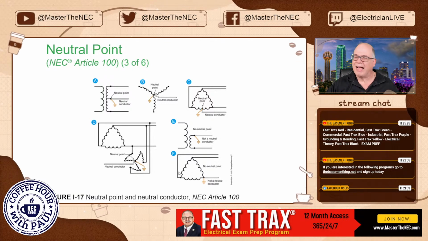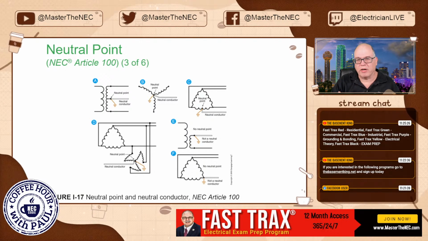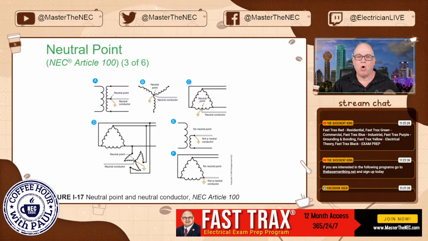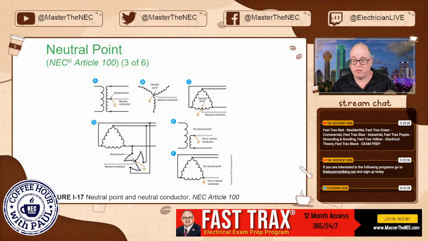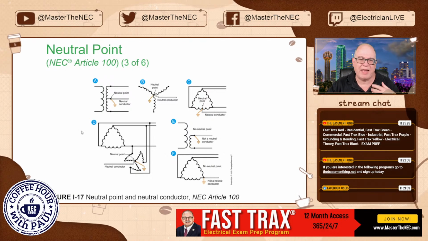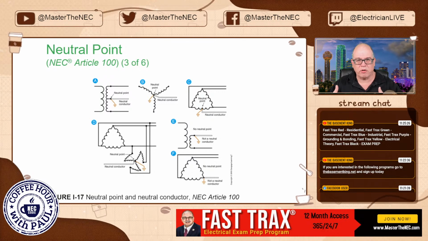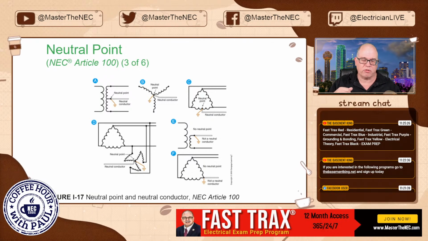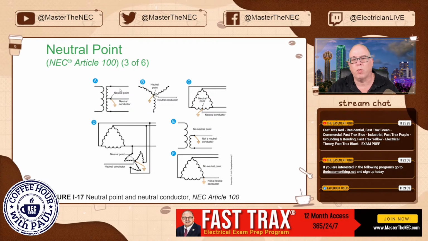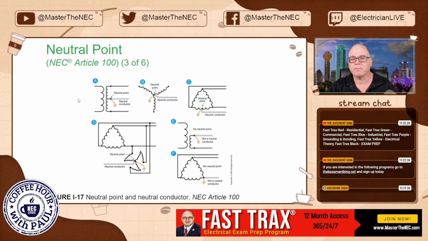Why is that important? Well, all neutral conductors are going to carry current, so they get counted as a current carrying conductor. So we need to know when a neutral conductor, for example, is considered current carrying and when it's not. We learn that all the time when we're doing conductors, when we're exceeding 3 current carrying conductors and have to do some kind of adjustment. It's important to understand when something's current carrying and when it's not.